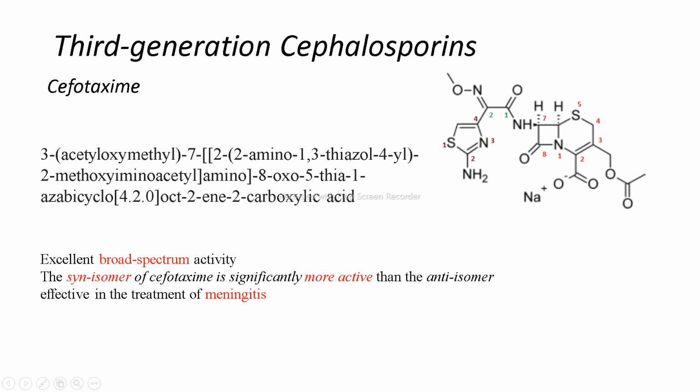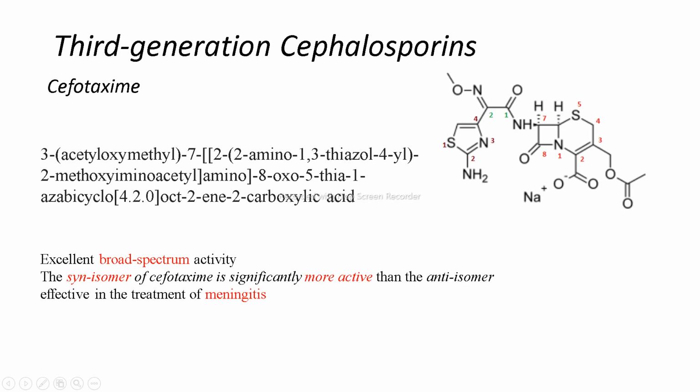So 2 dash. After 2 dash, now this is the thiazole ring, and to this thiazole ring, amino group is attached at the second position. So after 2 dash, 2 amino, 1,3-thiazole, 4YL, as the thiazole ring is attached at the fourth position to this parent chain. So 4YL. Then later on again 2 dash,